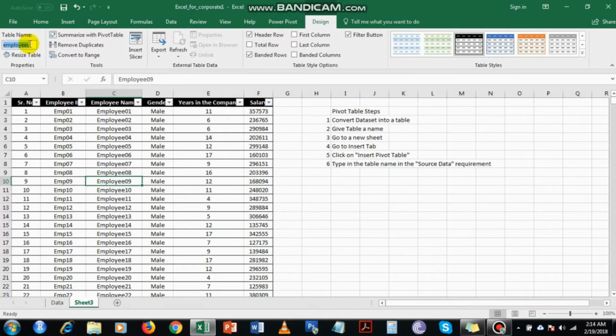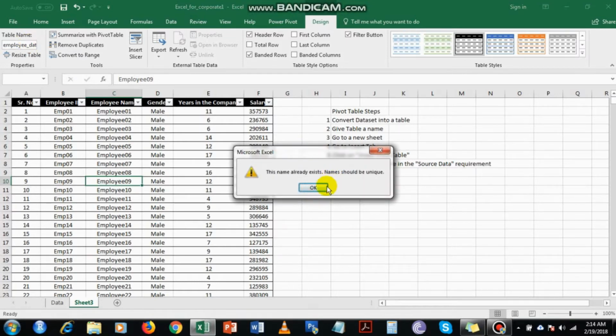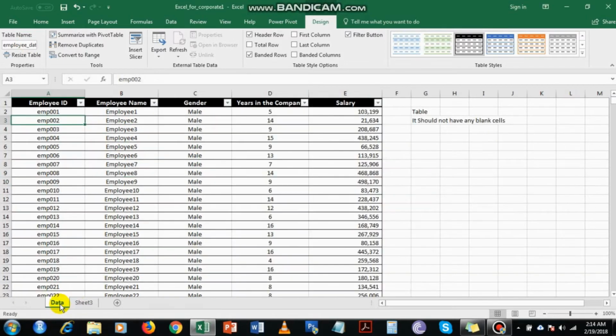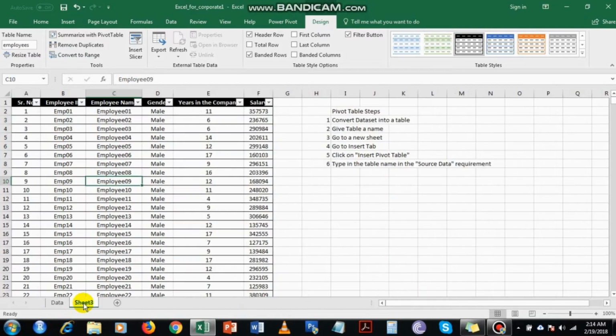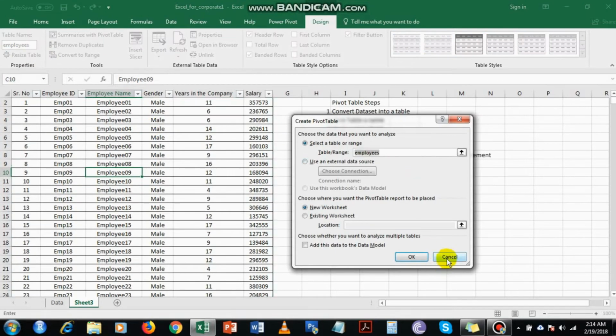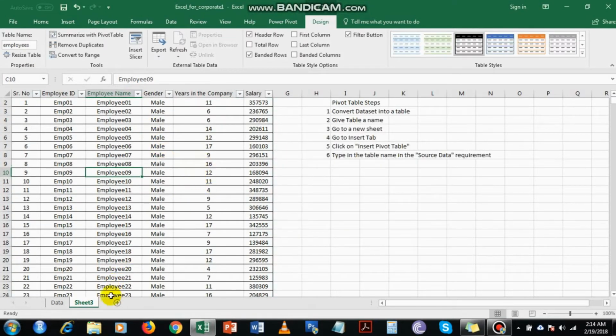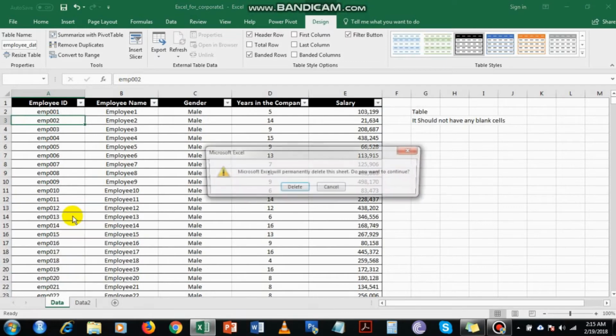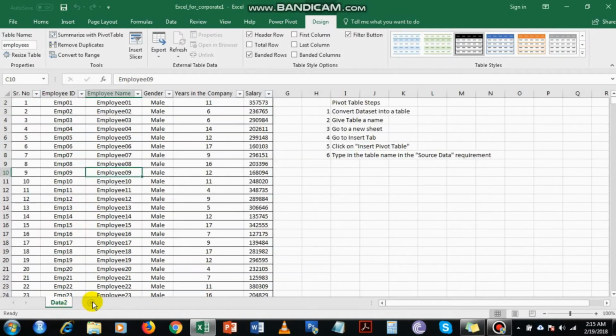So we can also give it like employee underscore data. So that name already exists. So because I have another data filled in like the same thing and we gave it that name, so we are going to keep it employees. Okay, so let's open a new sheet. Let's give this sheet a name data2. Delete the first sheet, and now